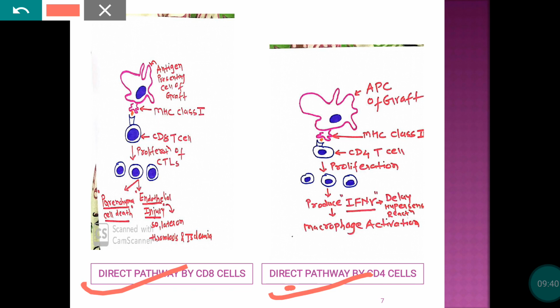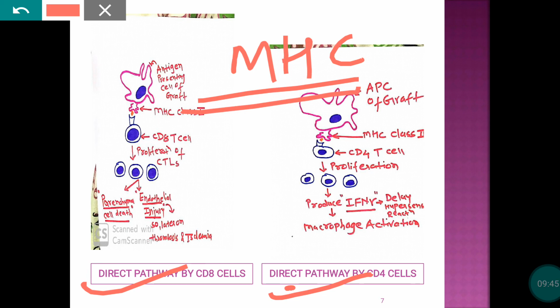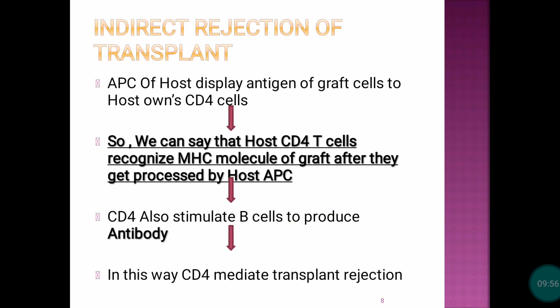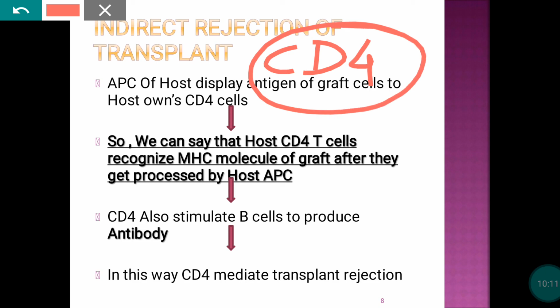So in short, we can say that MHC molecule of the graft will not be processed and it will be directly recognized by our host lymphocytes. That is known as direct transplantation rejection. Now I will teach you indirect rejection of the transplant. In the indirect pathway of rejection, the main cell is only CD4. Remember, in the direct pathway CD4 and CD8 both will be involved. Here the main predominant cell is CD4 T cell